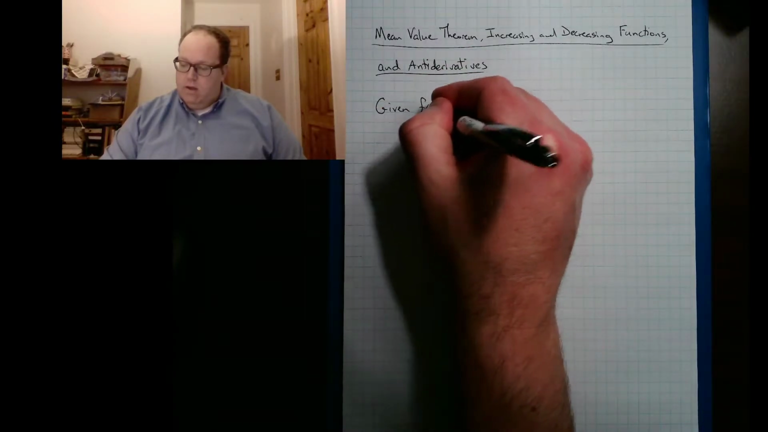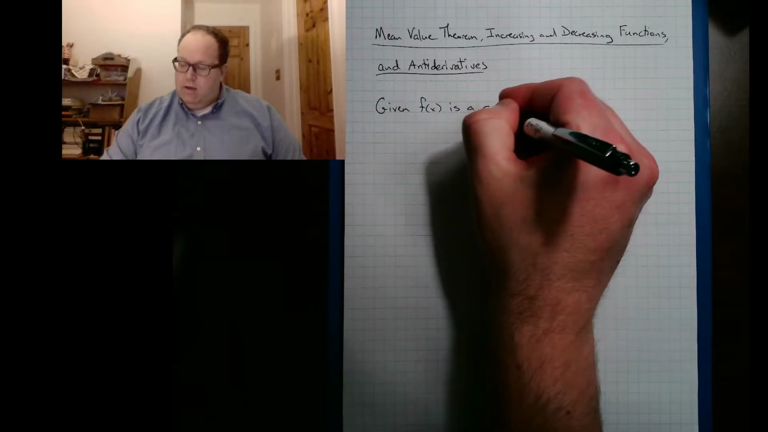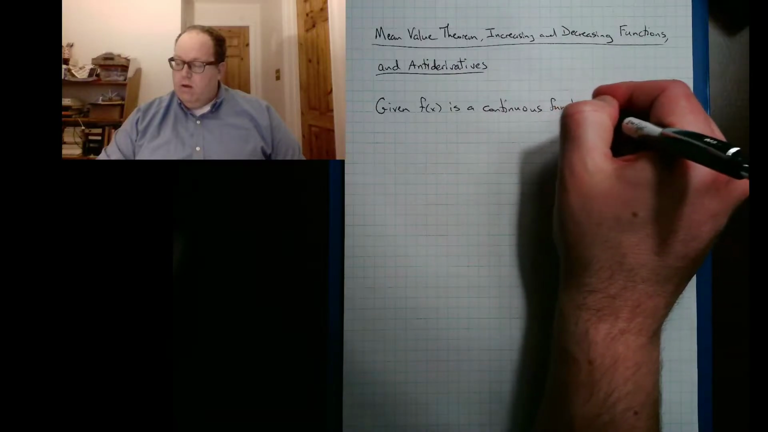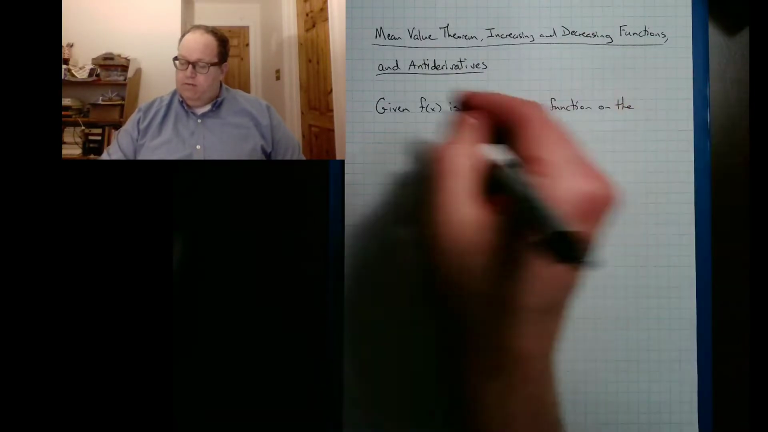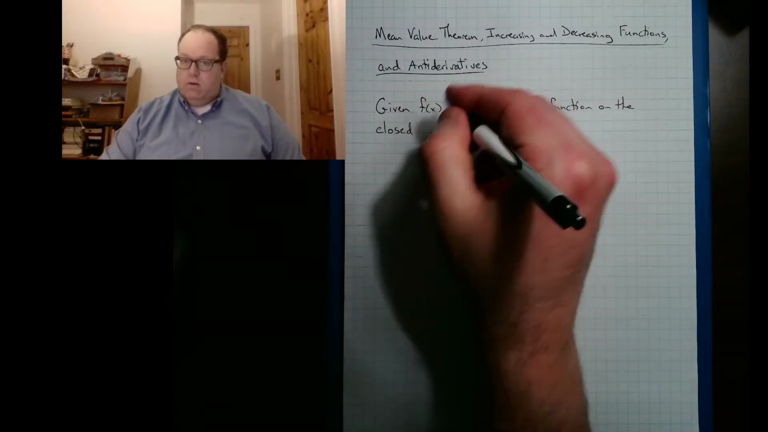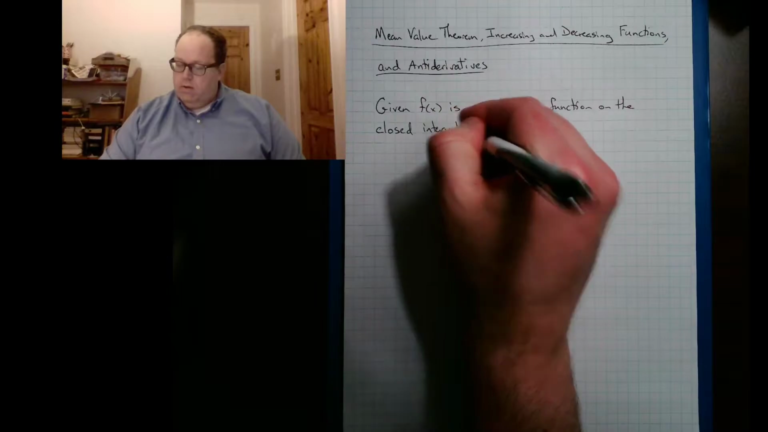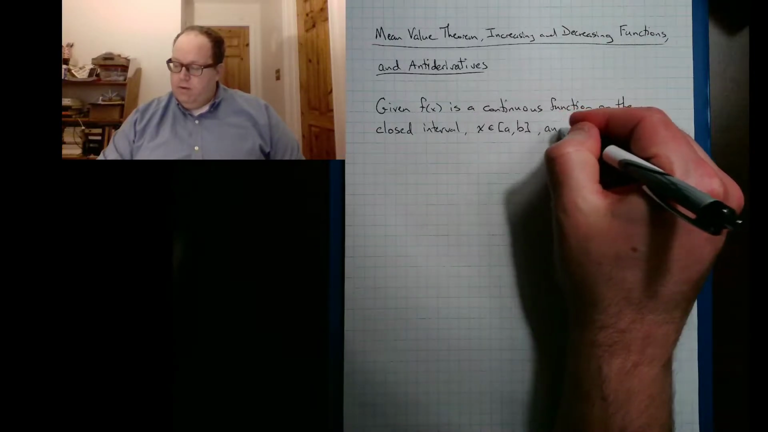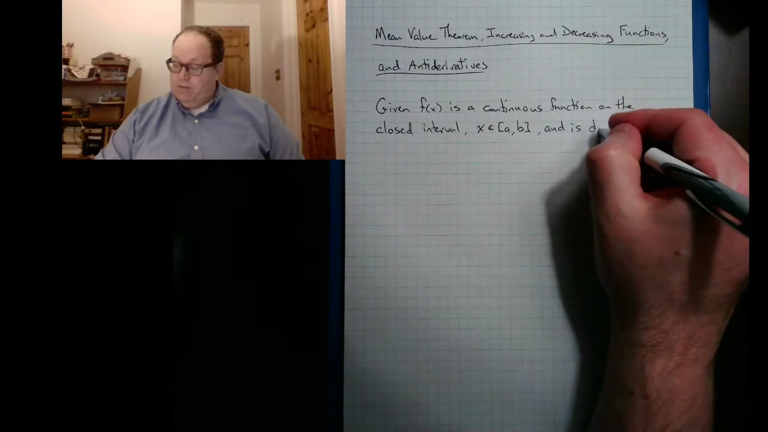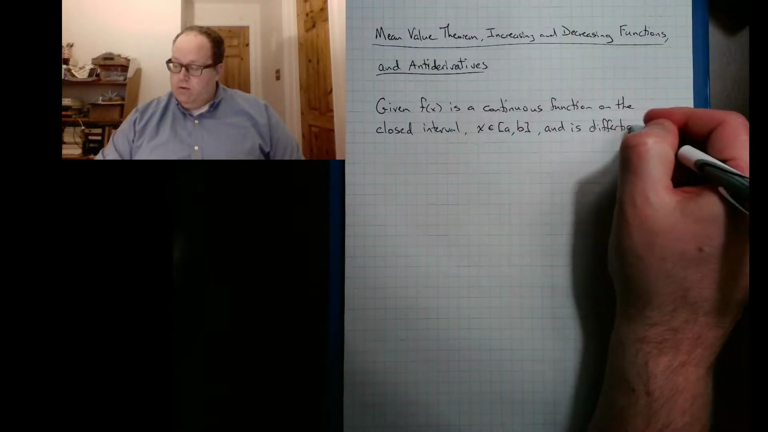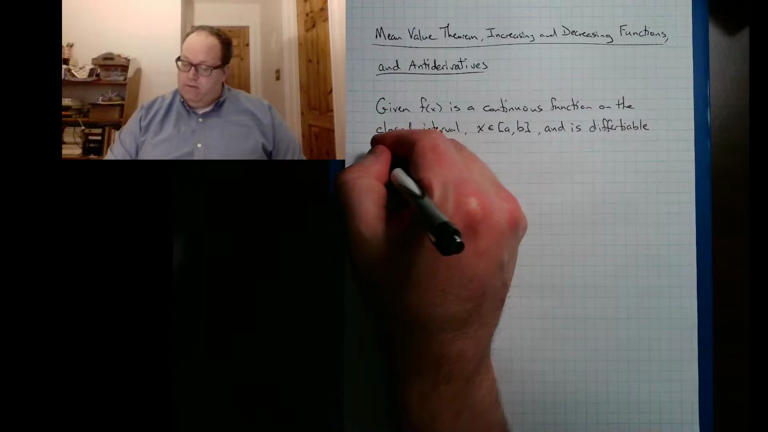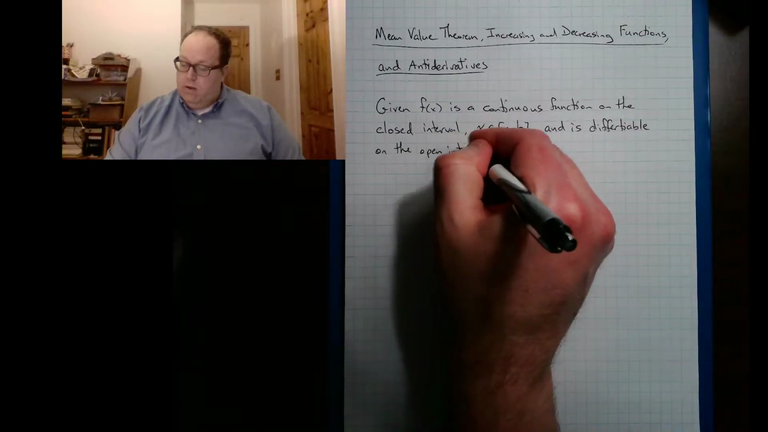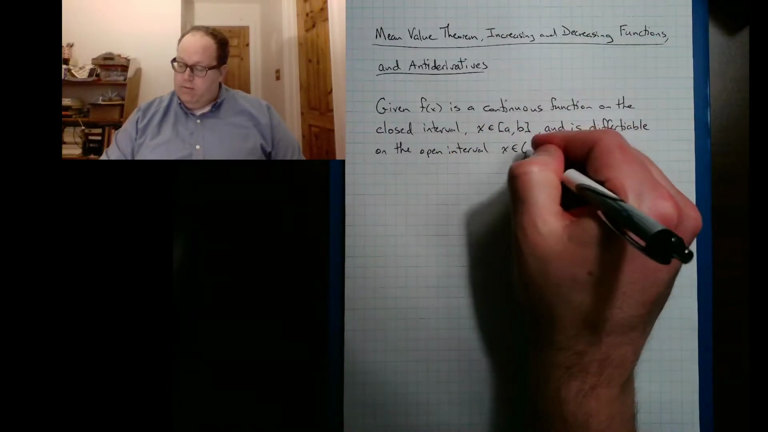Given f of x is a continuous function on the closed interval x between a and b, and is differentiable, or in other words, its derivative exists everywhere, differentiable on the open interval x from a to b,